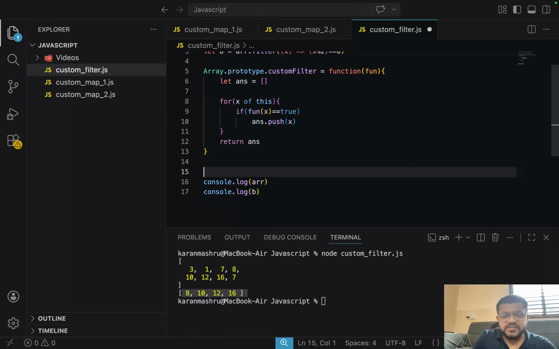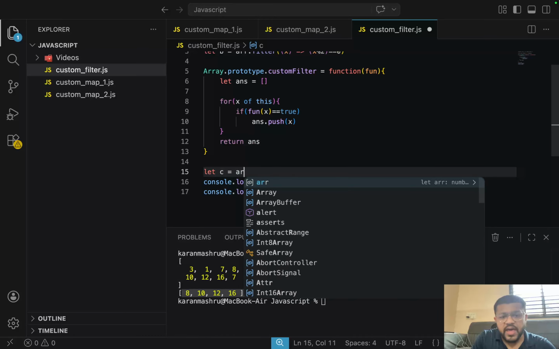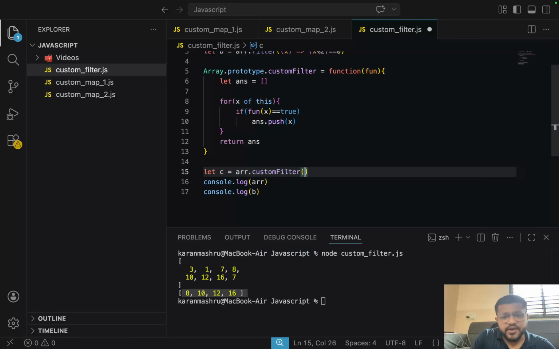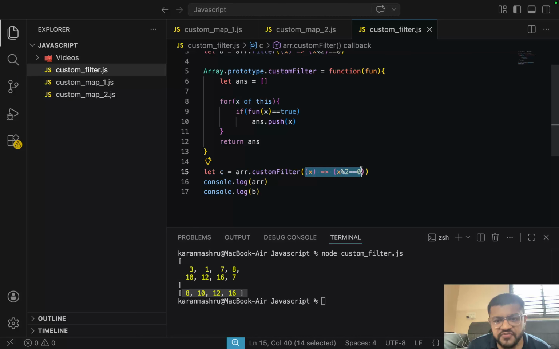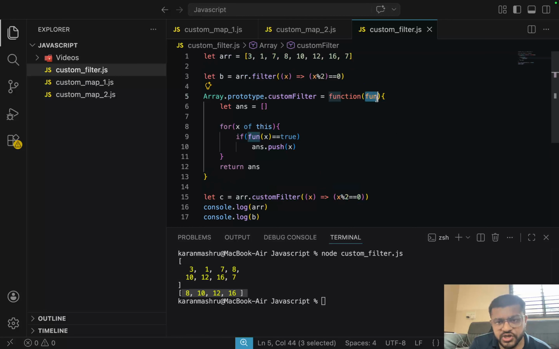Basically now I can say let c is equal to array dot custom filter, and I can say the definition of the function is for every x return true if x modulo 2 equal to 0. So basically this function definition, which takes x as an input and returns true if x is even, otherwise false, will be passed here.